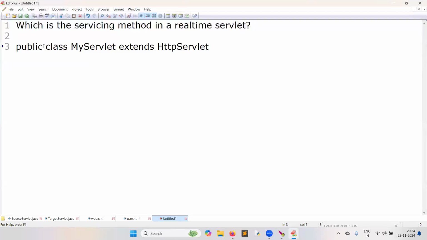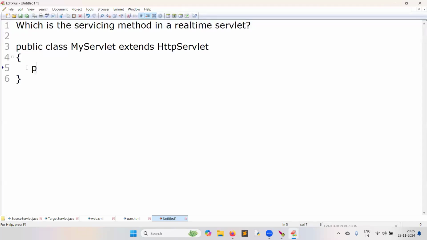Only in classroom examples are we writing GenericServlet. Never ever in real time is GenericServlet used. GenericServlet has a child, that child is HttpServlet. Always our class must inherit from HttpServlet. I explained this for 20 to 25 minutes in one session.